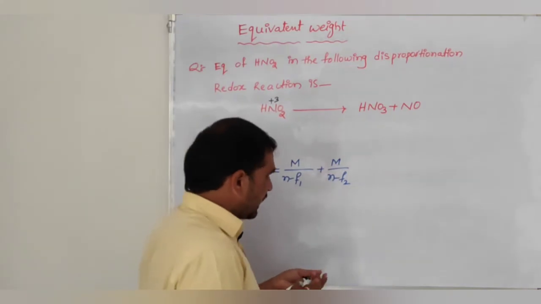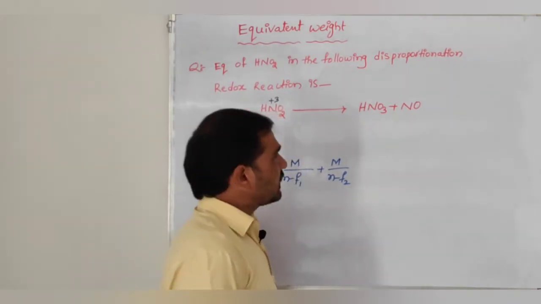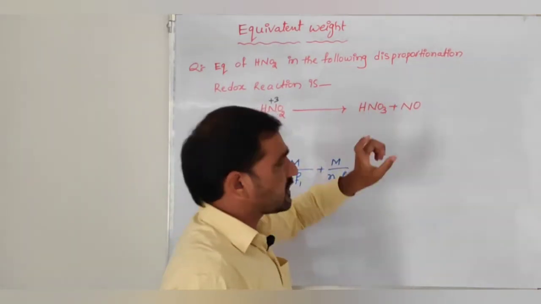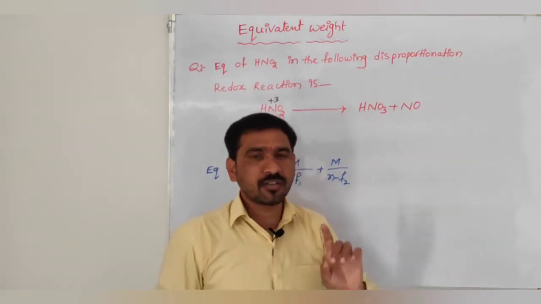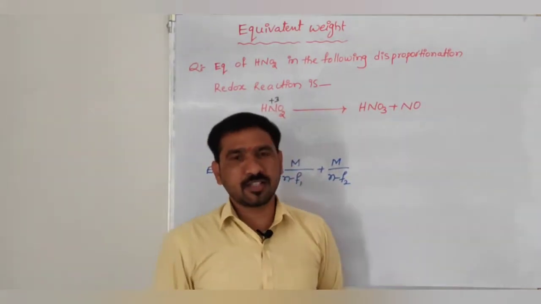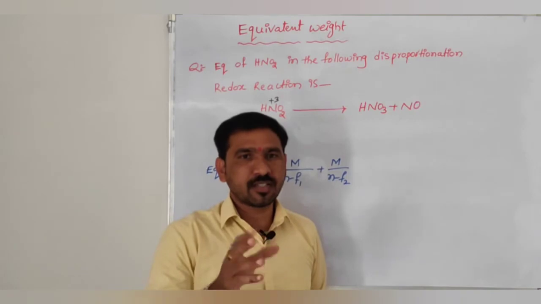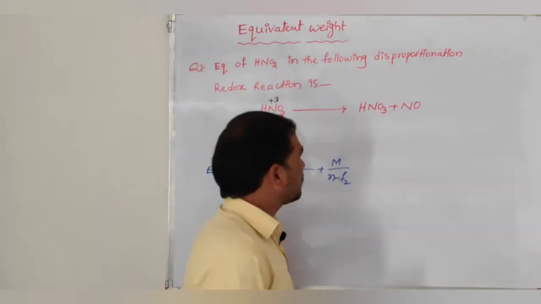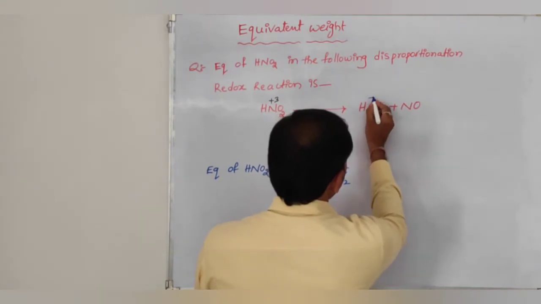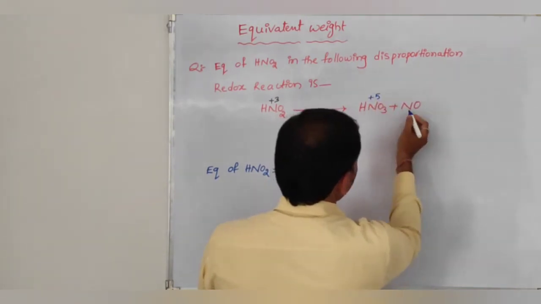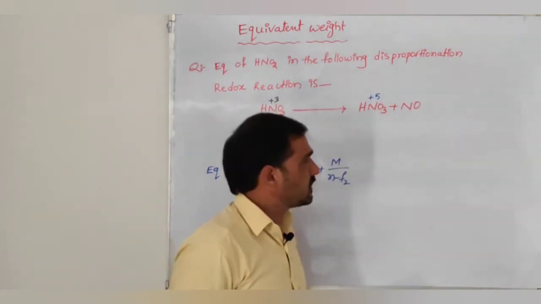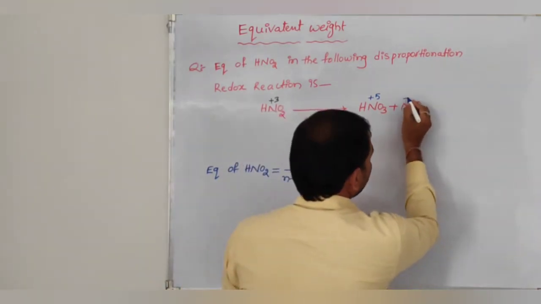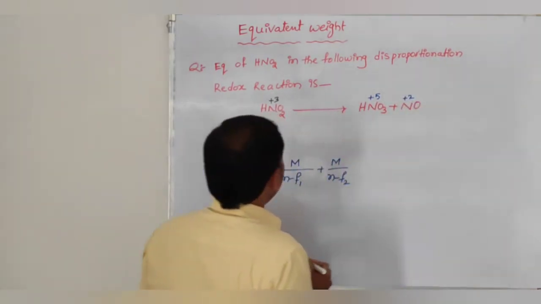Then on the right side in HNO3, likewise, -2 is the general oxidation state of oxygen into the number of oxygens, 3, that equals -6. It means +6. Among +6, +1 is deducted for the H+ ion, and the remaining nitrogen oxidation state on the right side is +5. Then what about the nitrogen oxidation state in NO? Here the oxygen is -2, so this is +2.